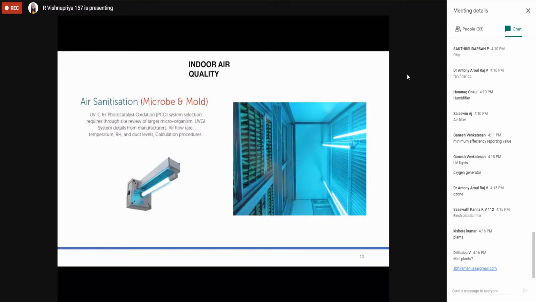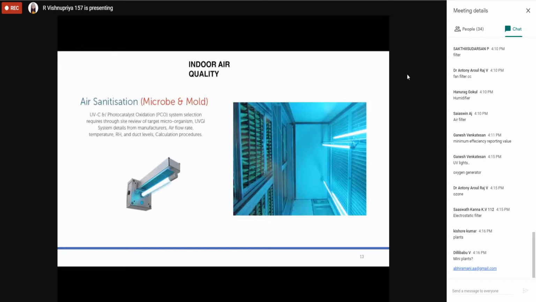But even if you see in our specifications also, in whatever AHU that we have provided, we will ask the client to have a spacing for the UV lamp. Okay, though the costing of UV lamp is a bit higher, we will provide a spacing in the AHU, because in future if anybody wants to add that UV lamp, we can add it in the AHU component.